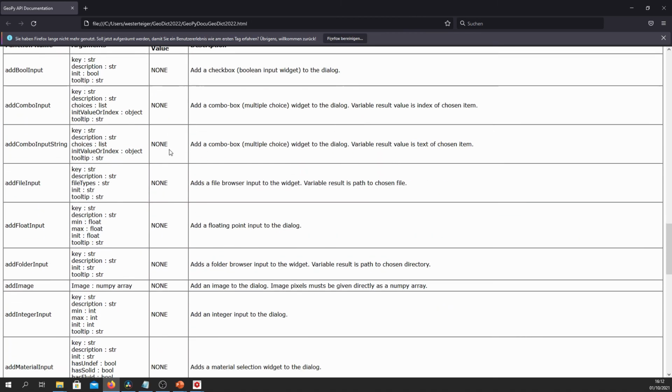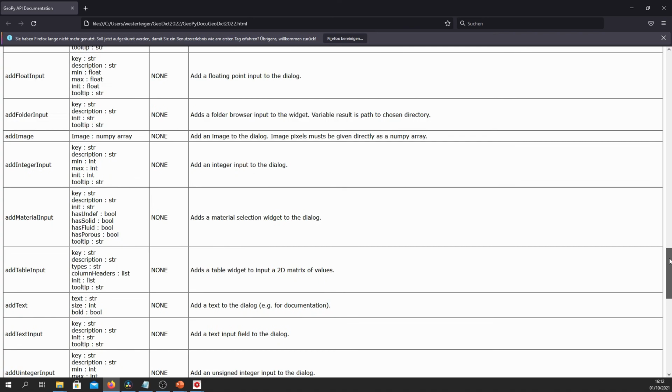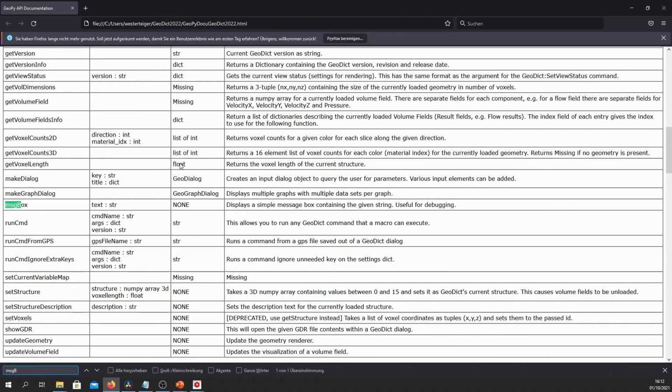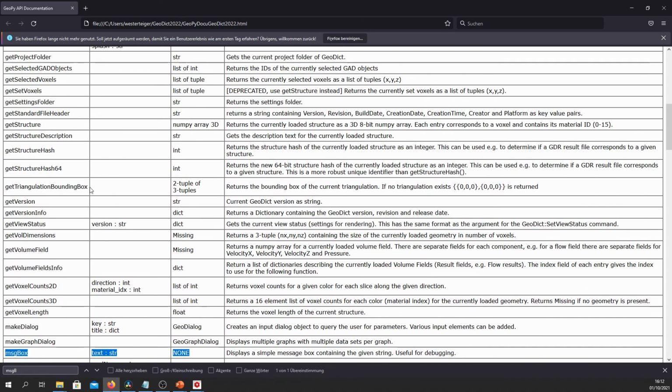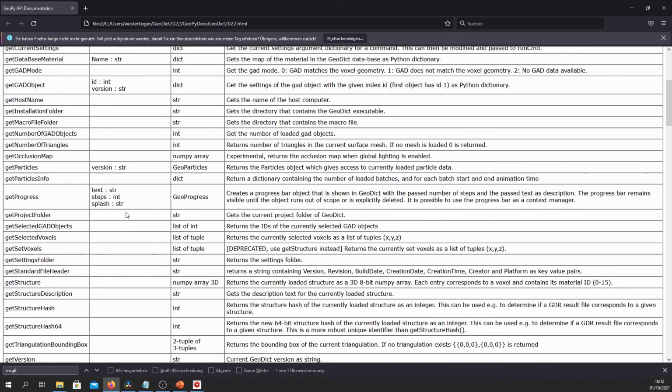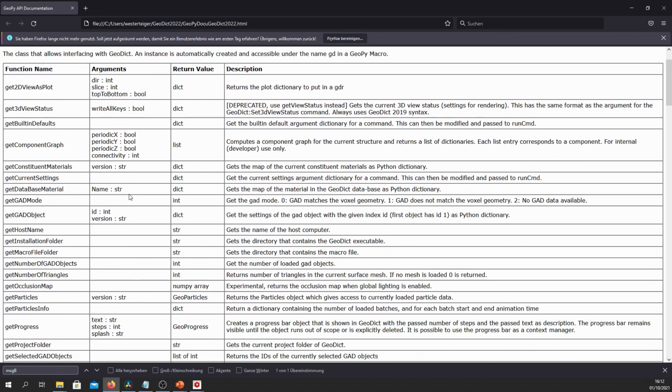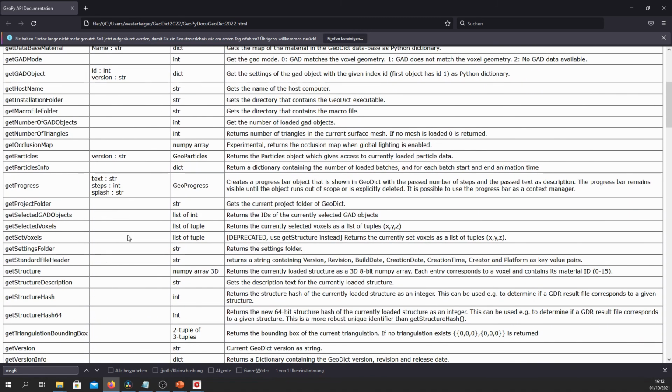So, for example, let's see MsgBox. That's the one we used a lot here. MsgBox, and you can see the parameters of that function and their type. It takes a text, a string, and the function returns nothing. And here a quick description of what the function does. For example, you can also access the individual particle trajectories after running a filtered simulation or something like that. That's really interesting. If you're interested in that, you should have a look at this list and see if there's anything that you can use.